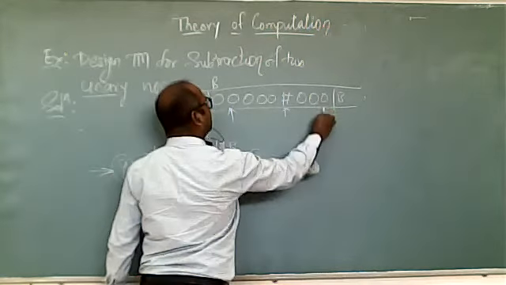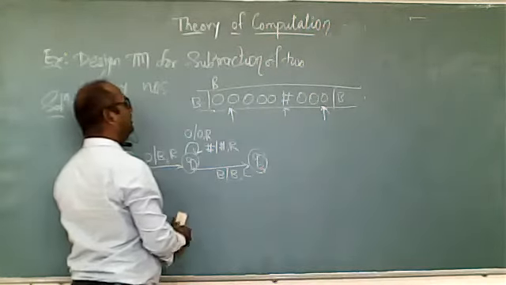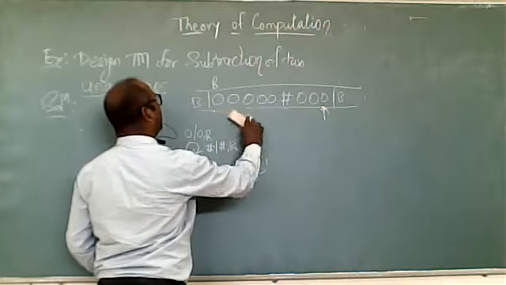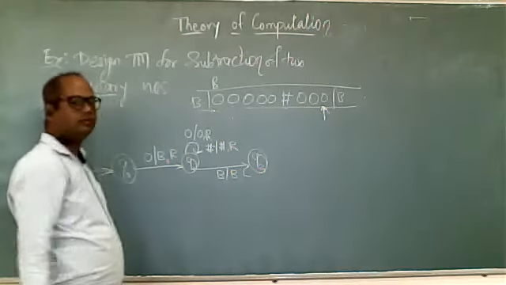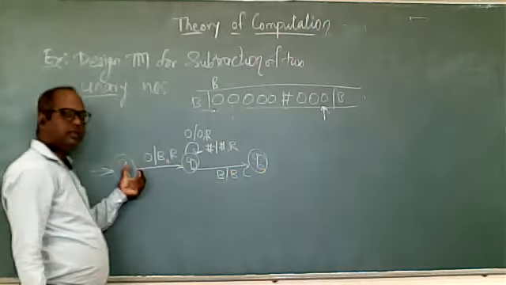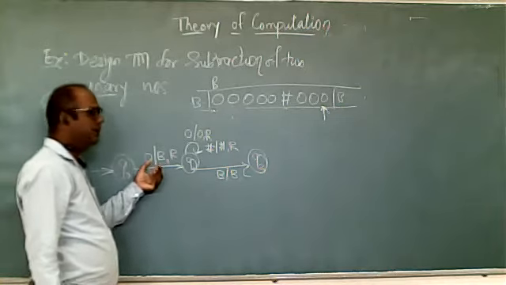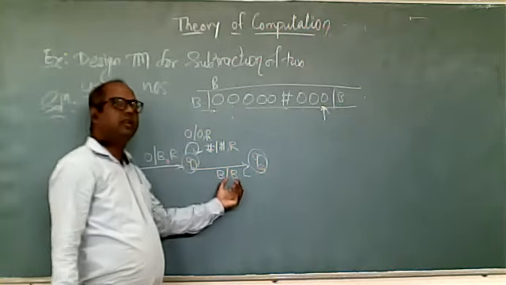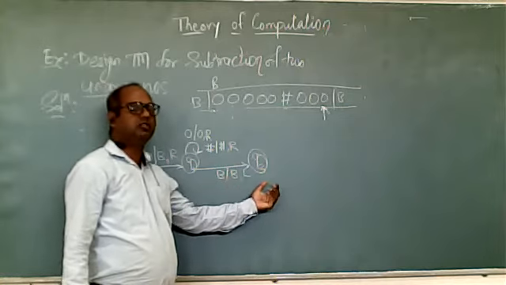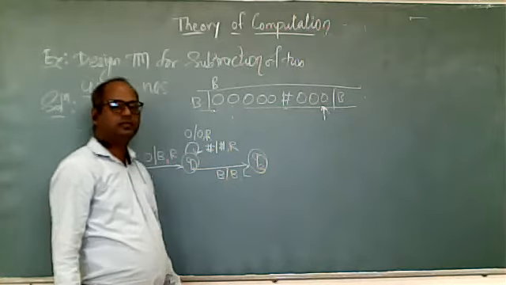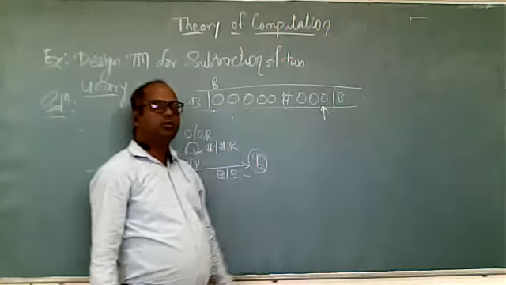This blank as it is, change the direction. Now the head is at the rightmost symbol. Okay. So we have made the leftmost symbol 0 a blank. Skip everything. When we get this blank, we'll change the direction, so we'll get the rightmost symbol. Now we are at the rightmost symbol.